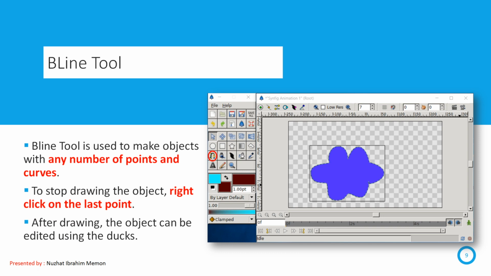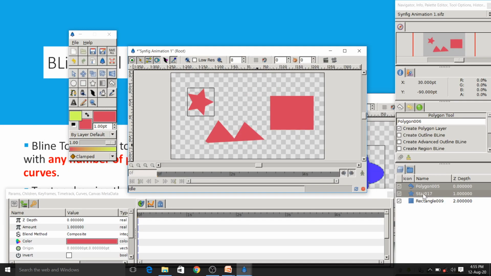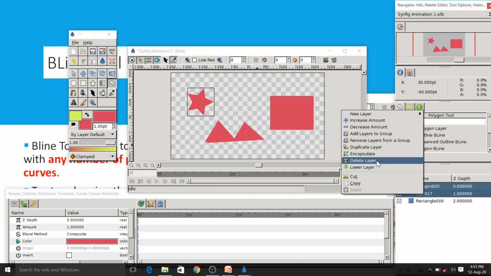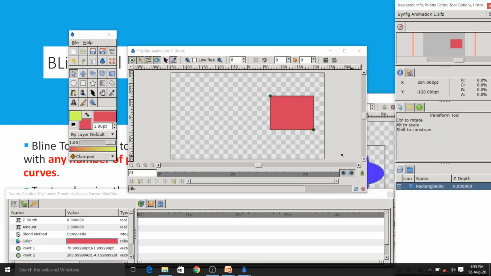Now we will see the beeline tool. Beeline tool is used to make an object with any number of points as well as curves. In polygon tool we can create an object of any number of points, but in beeline tool we can create an object of any number of points as well as curves. We will see this practically. I will clear the screen by deleting this layer. Now we will select the beeline tool